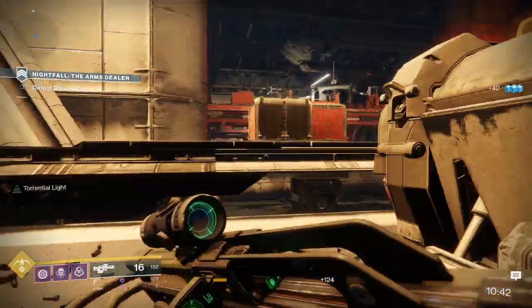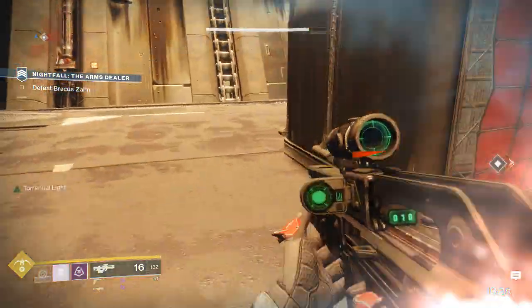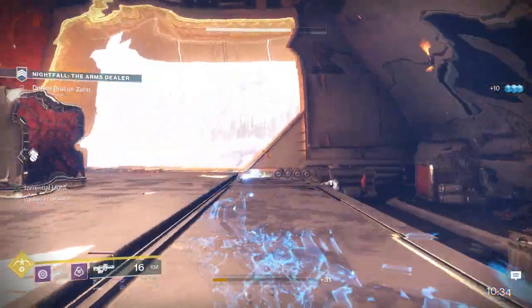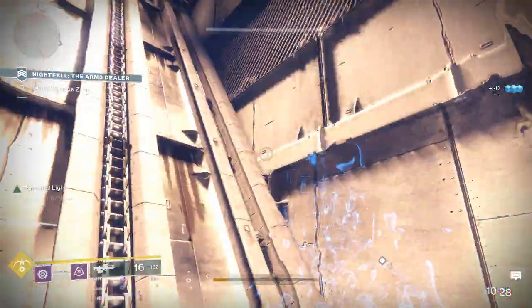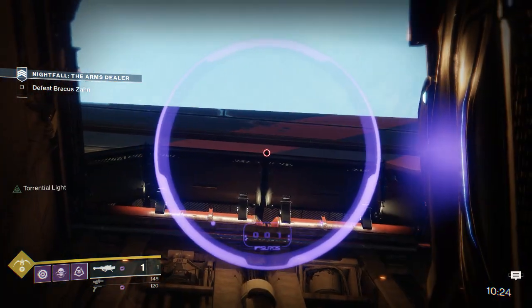So just about clearing up the adds at the moment. No rush. I have actually got my ult, which is really nice. And here goes the lift, I believe, in a second. So you don't actually have to kill the mobs on the lifts, I don't believe. I think you just have to survive it, which is quite nice. So what I'm going to do